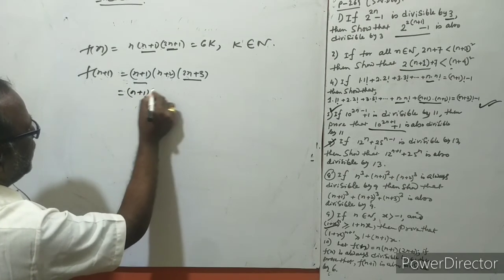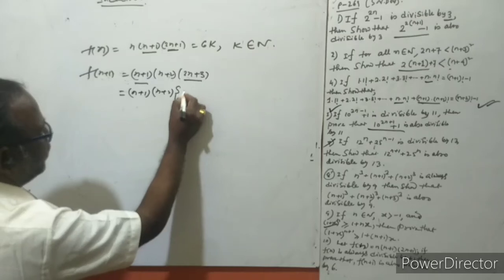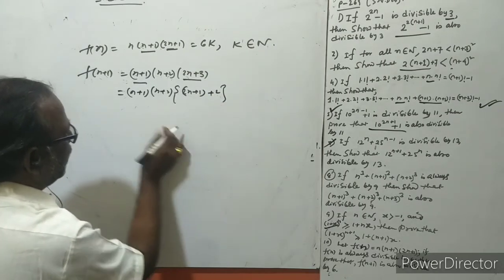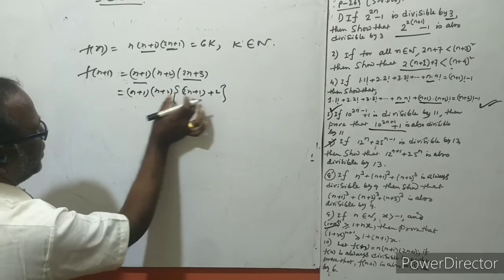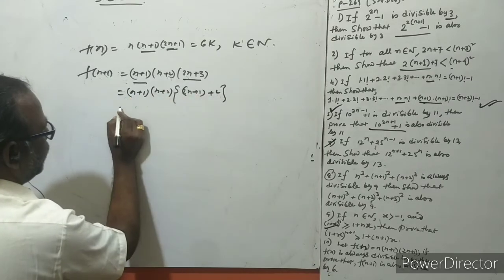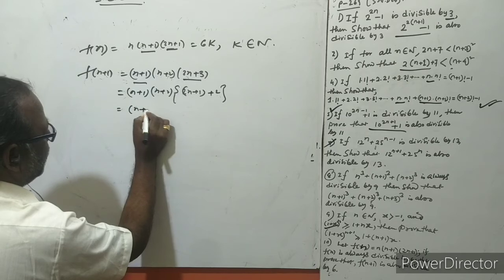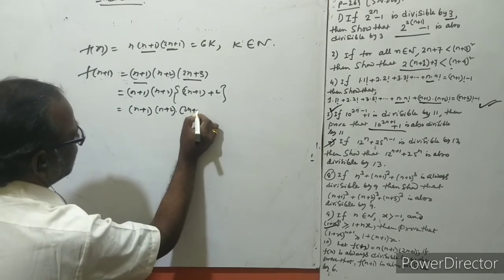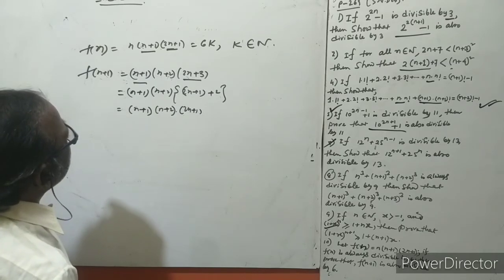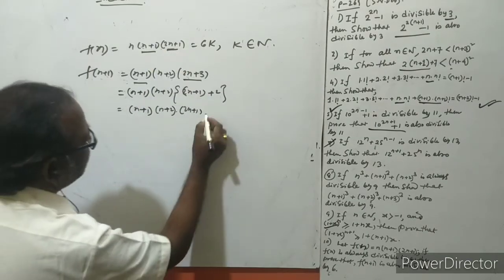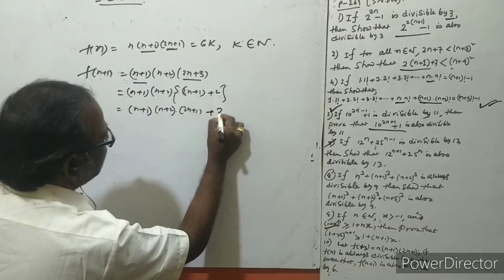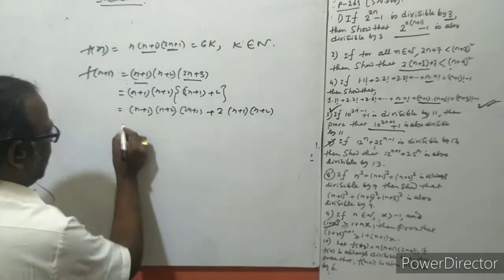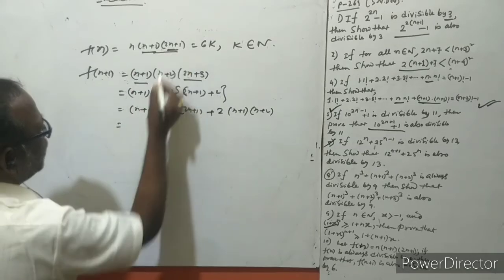So from this figure we can write like now 2n plus 1. Okay, compare with this 2n plus 1 plus 2 here. So this as a whole part multiplied by this and multiplied by 2. Then we get here n plus 1, and this is n plus 2, and this is 2n plus 1. Actually check it: 2n plus 1 plus 2 is 2n plus 3. Okay, and multiply by 2, then 2 into (n plus 1), and that is n plus 2. You can see, and these two terms are